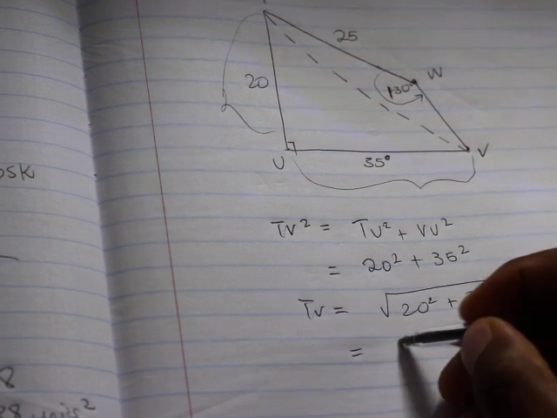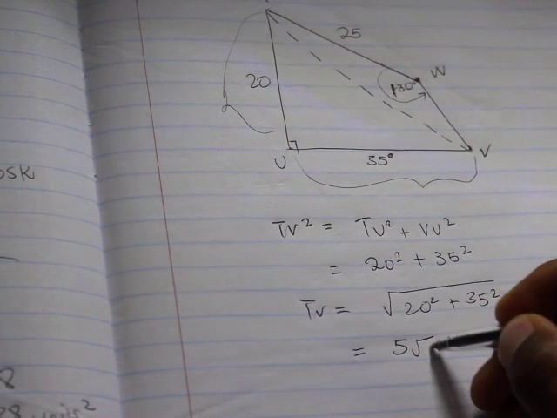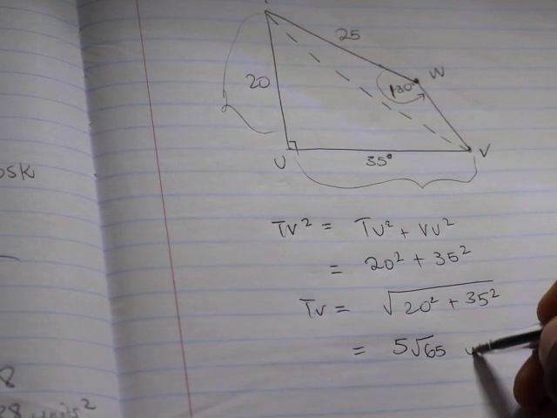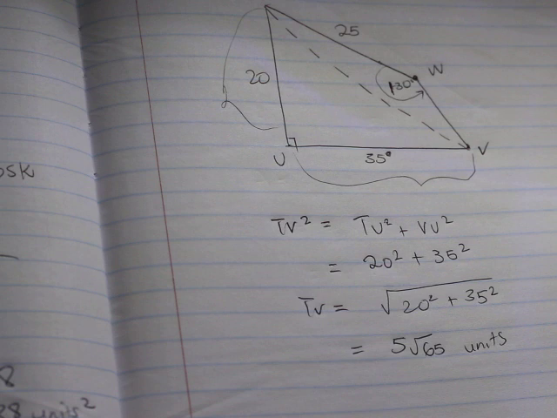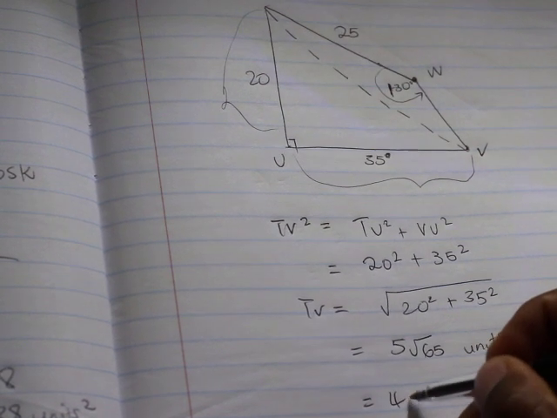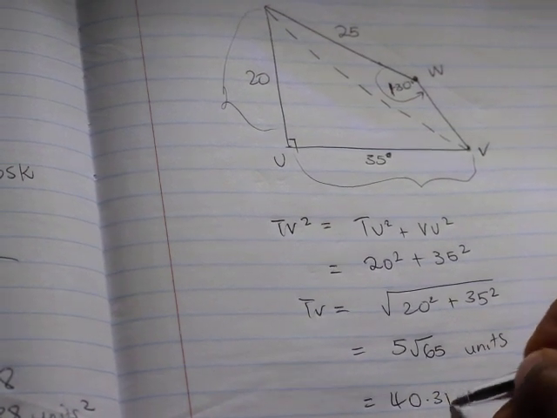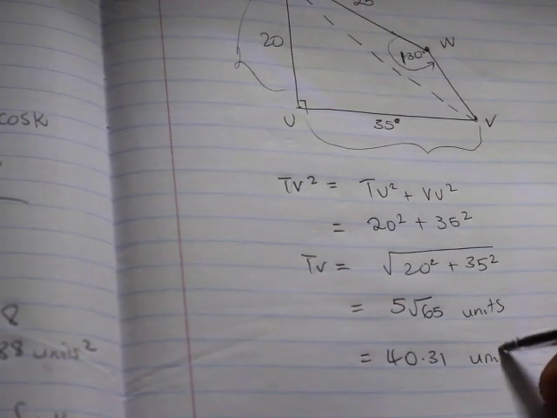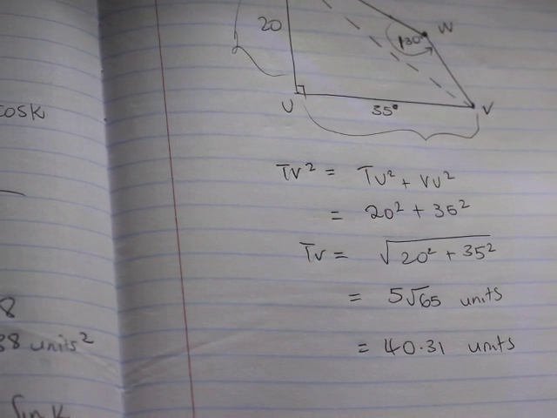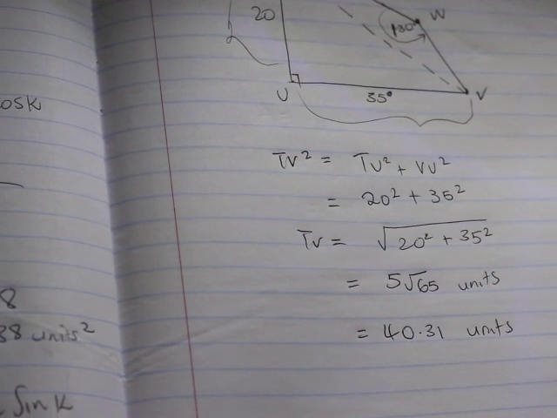that gives us 5 square root of 65 units. Okay, and that simplifies to 40.31 units. Okay, so we've got TV now,